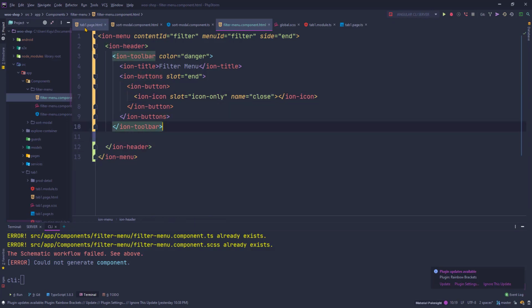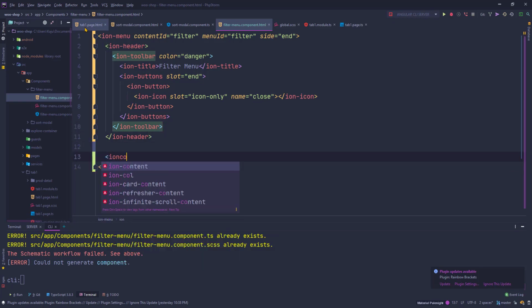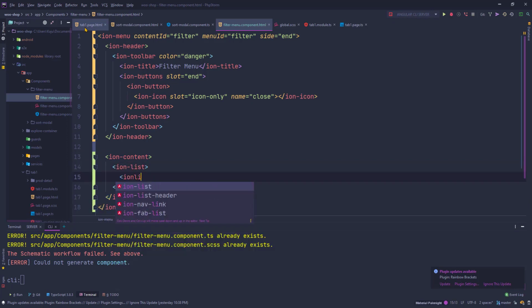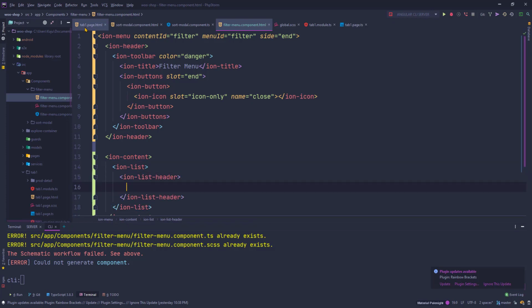inside my content, I'm still inside the ion menu wrapper. Okay, I'll have an ion list with ion list header that will say h2 categories. So I'm only creating a filter for categories. Once you learn it, you can create as many filters as you want for brands, tags, price ranges, whatever you want. Okay,